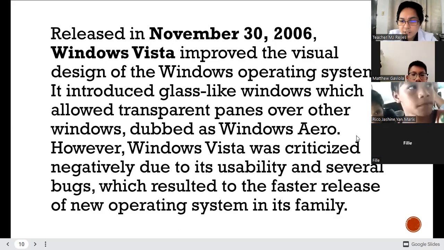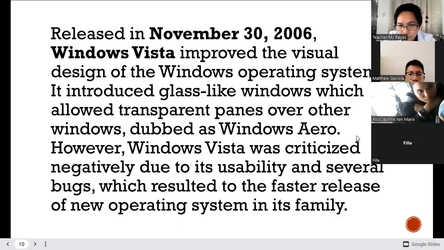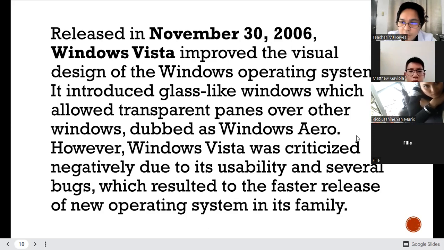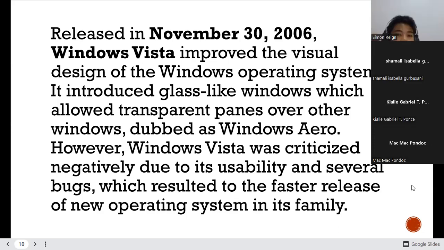What operating system are you using now with your computers, your laptops and your PCs? I don't have one. Okay, how about others? Those who are using laptops and computers. Who is using a PC?